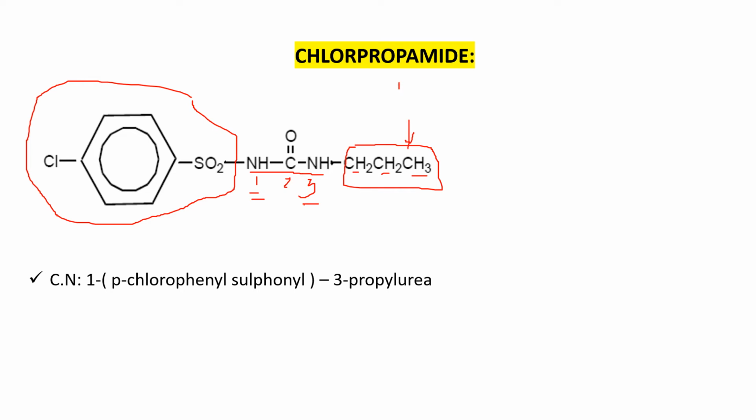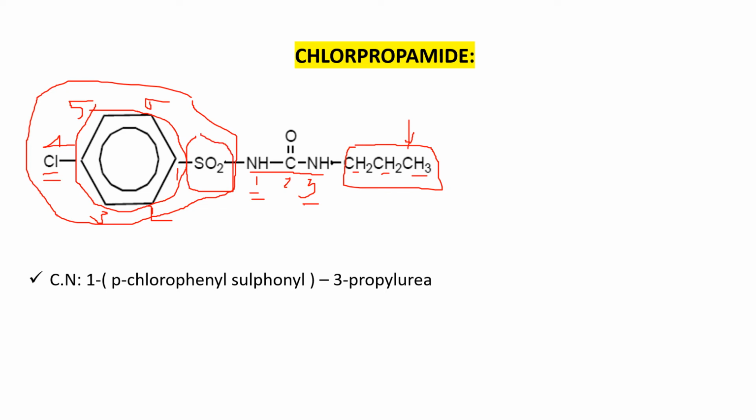And at first position a complicated substituent group is present, therefore I am going to give the numbering 1, this is 2, this is 3, this is 4, this is 5, and this is 6th. And what is the group present at fourth position? Chloro group is present. This is the structure of your phenyl. This is the structure of your sulfonyl.